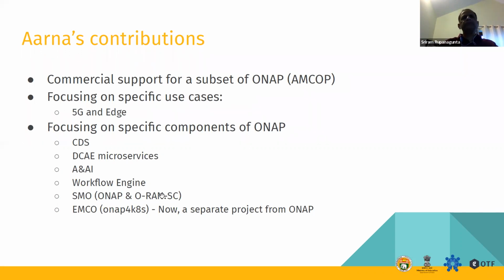Think of it as a Linux analogy, right? Linux is open source, but there are companies that build commercial distributions for Linux, like Red Hat and so on. We are something like that. We take the open source ONAP and provide a commercial distribution for a subset of that. And as part of that, we have done a lot of hardening of some of the components to make them usable for production deployments.